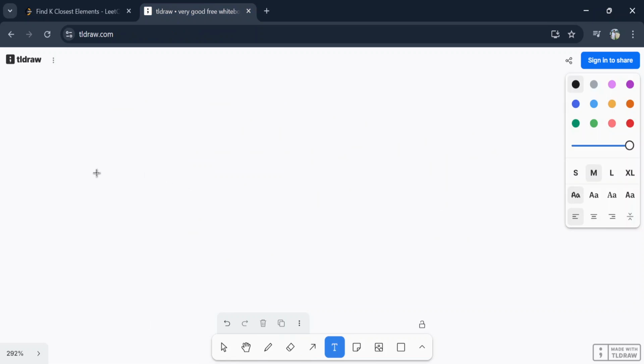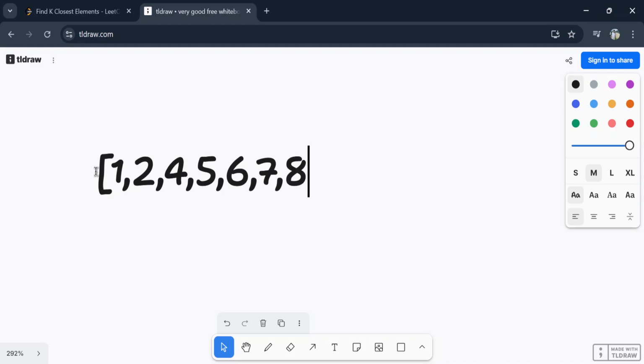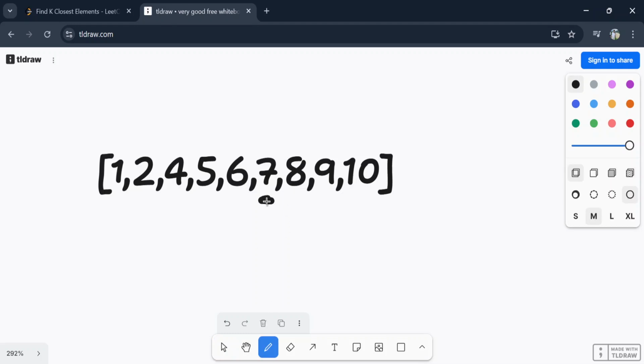Suppose my array is like this: 1, 2, 3, 4, 5, 6, 7, 8, 9, 10. And I want to find elements closer to 9. Suppose 9. Okay, and r is this, l is this, so middle will be 6. 4 elements here, 4 elements here. Okay, middle is 6. And now my window is this, so I will see this